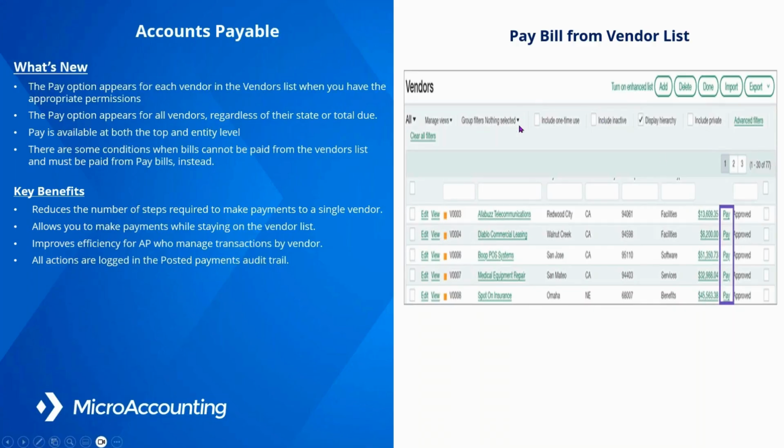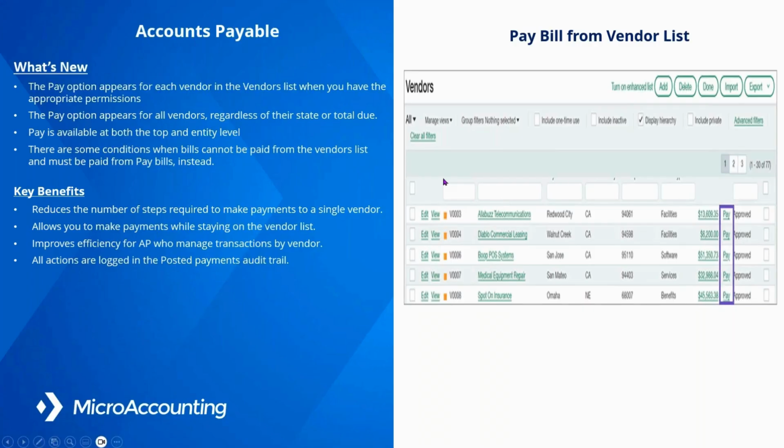So I can go to a particular vendor. I can pull up maybe all of the medical equipment repair, find all of those bills and pay them by selecting all of them. When I click the pay button, it's just going to bring up the pay bill screen, something that you're familiar with. It's just a way to get to that quicker than going up into navigation, going into AP, going into pay bills, right? And then selecting them. You basically have already selected the bills that you want to pay by landing on the vendor list view page.